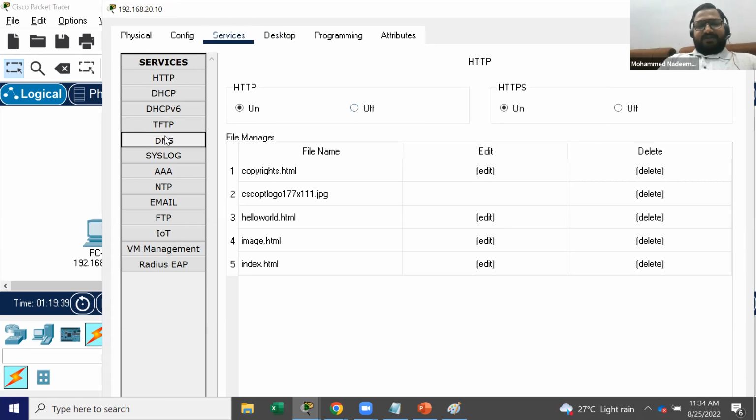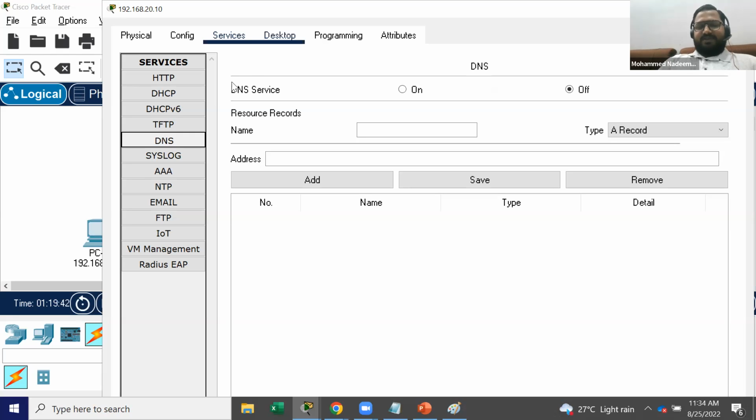So if you look here, this is a DNS service on the server. So what we need to do? First thing, you need to switch on the service. The same thing you can see in the Active Directory server, you can do all these services. Okay, so you need to switch on the service, and in Active Directory you can configure the DNS. So here in Packet Tracer also they have given a few services you can run, like HTTP is on, so you can do web browsing. Okay, now the DNS service. So what I can do is switch it on, and what I want is, let's say